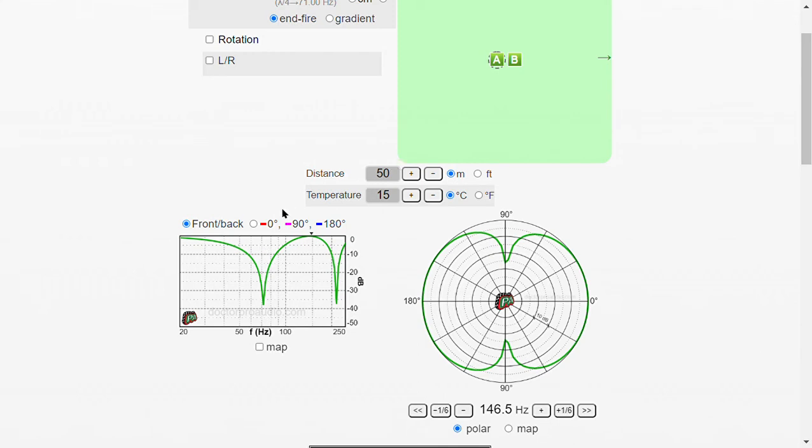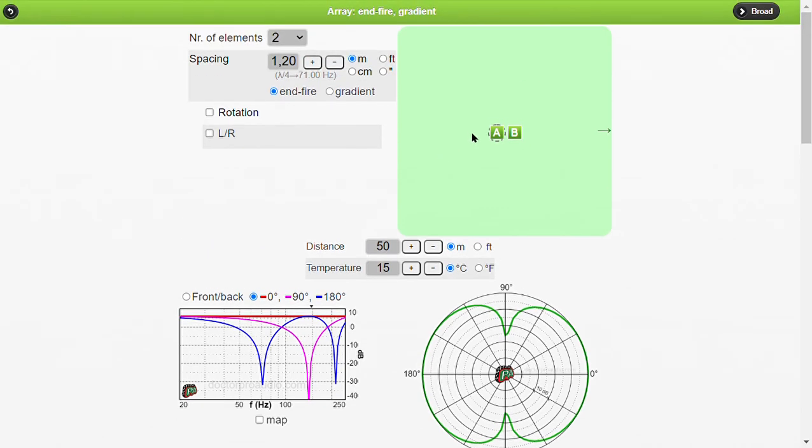On the other hand, distance does have a major effect. If we are very close to the source, then the first element will be very, very close, and the difference in distance between this element and this element will be very large if you are close, whereas if you are very far away, then the difference is very, very small.